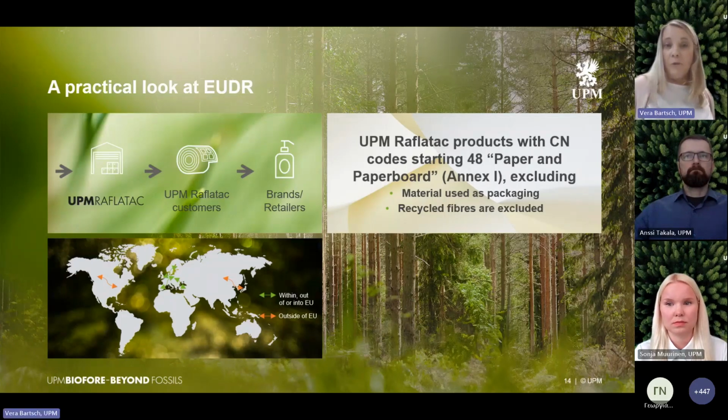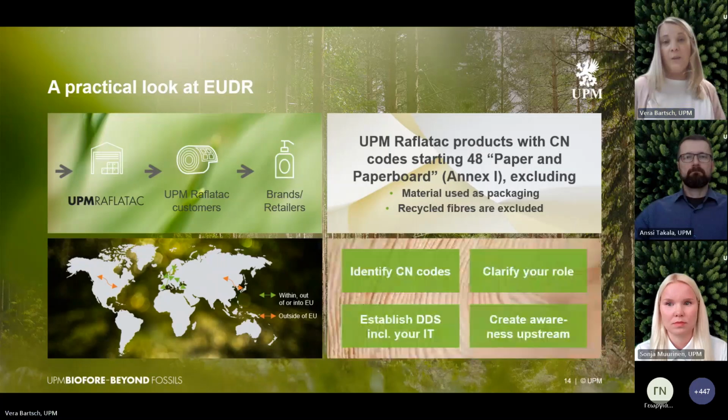Phew, I'm sure it feels like a lot already with all this information. So finally, what are the next steps that you can now take, especially if you haven't considered EUDR yet, and you know that you have deliveries related to the EU? If you have EU-related transactions, we recommend that you consider identifying the CN codes of the products that you sell. Do they even fall under the regulation, Annex 1? Secondly, you may also want to clarify your role, as Sonja explained them earlier.